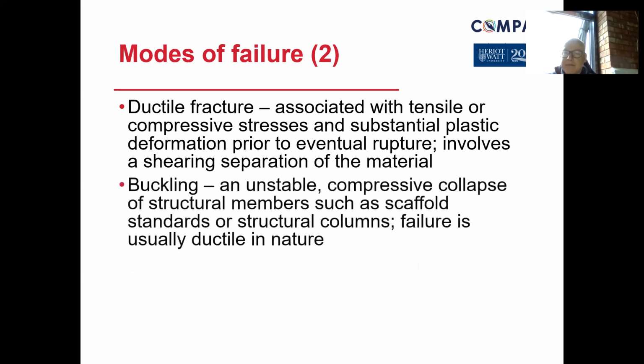Buckling. If you think of a buckled wheel on a bike, it resulted in that because maybe one of the spokes was under more pressure than others. Classic example here, but it can be an unstable compressive collapse of structural members such as scaffold. Think about the shaping of the scaffold, the uprights and the transoms that go across, but sometimes they have cross bracing, and that cross bracing will make it stronger,